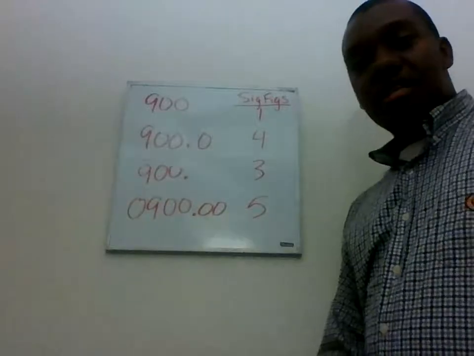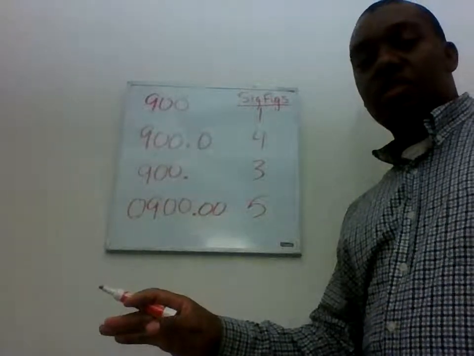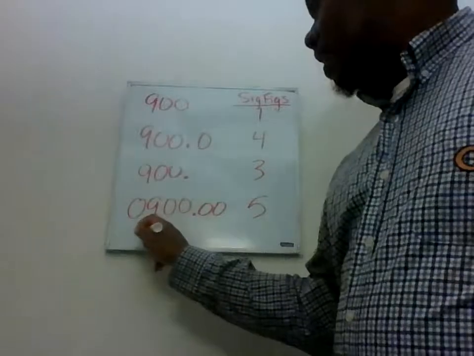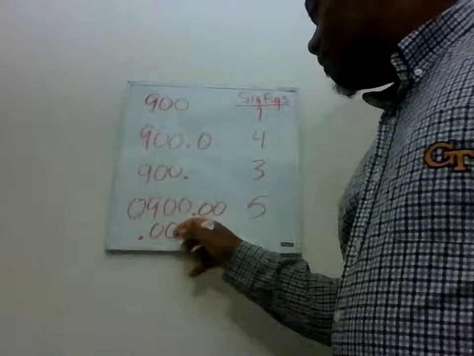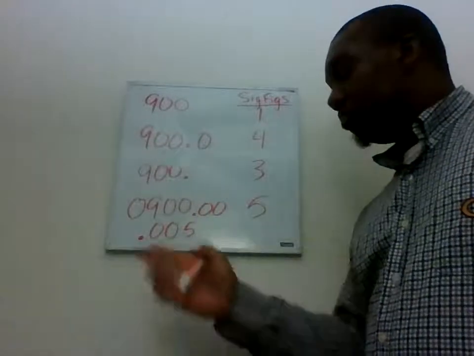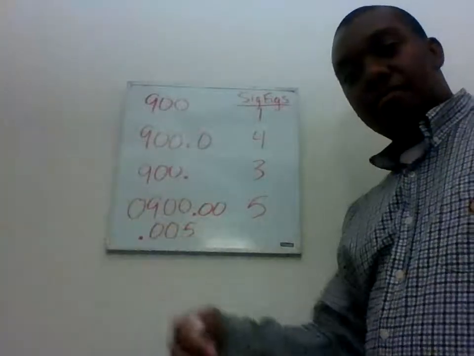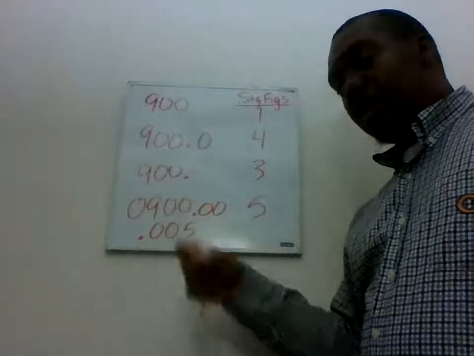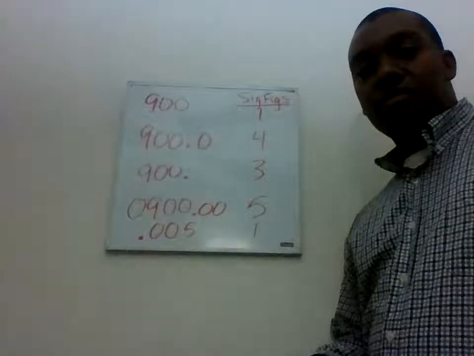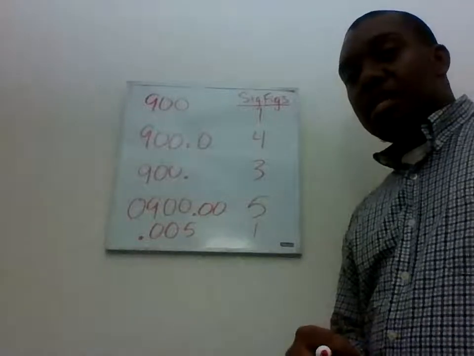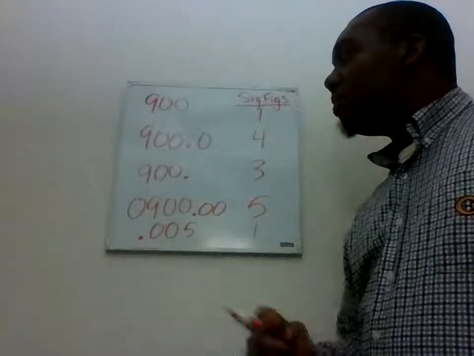Anything in the front that's leading has no significance whatsoever. Even if we had 0.005, the zeros are not significant because they're in the front. Then the significant part is right here, this 5. So this would have just one significant figure. All right? It'll take some time to get used to, but once you get the hang of it, pretty much